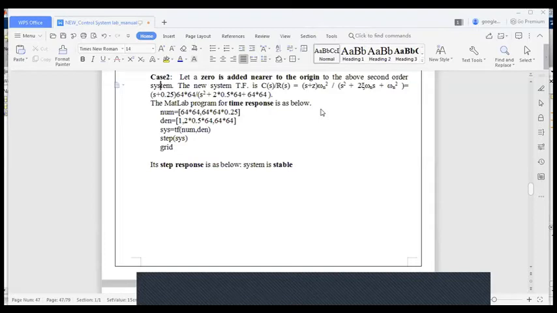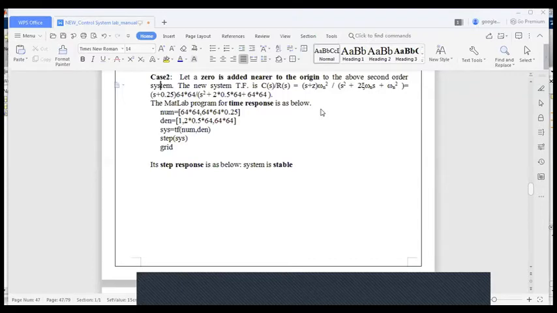That means the highest power of s in the numerator will be 1. So the corresponding quotient will be 64 into 64. That's why in the numerator, the first coefficient 64 into 64 will be the coefficient corresponding to s to the power 1, comma, 64 into 64 into 0.25 will be the coefficient corresponding to s to the power 0. Always remember, till the coefficient corresponding to s to the power 0, you have to enter. All these values should be within the square bracket. In between the coefficients, a comma should be entered. Otherwise, you will get an error.